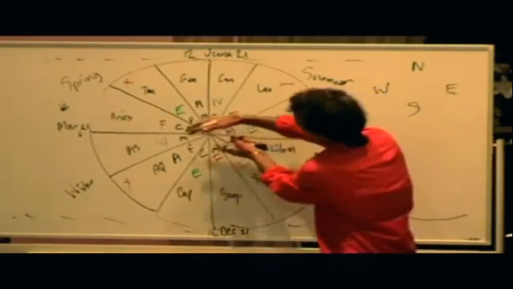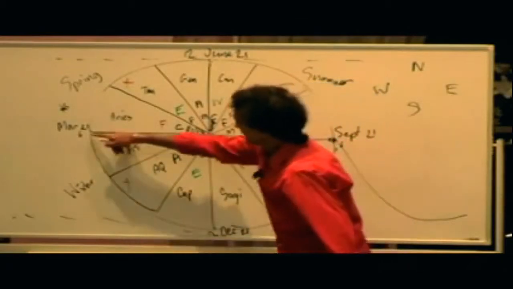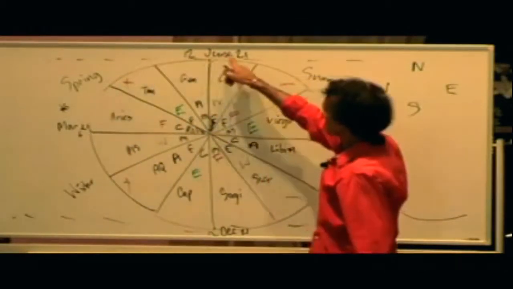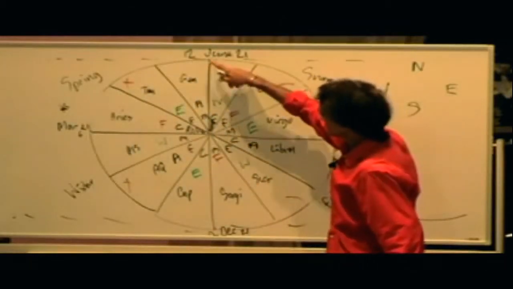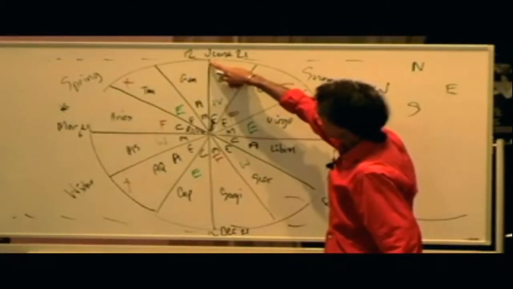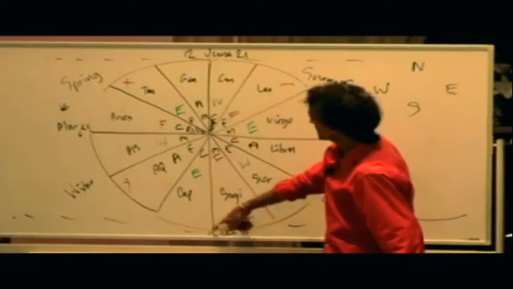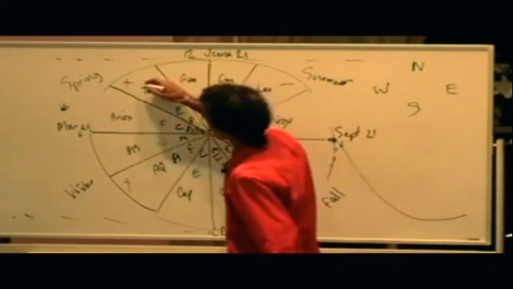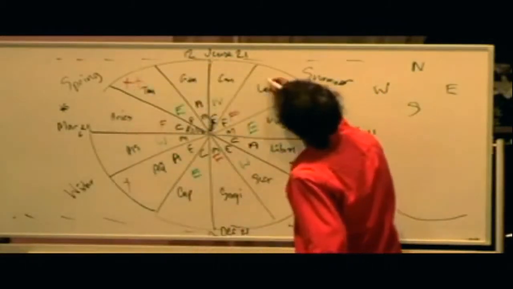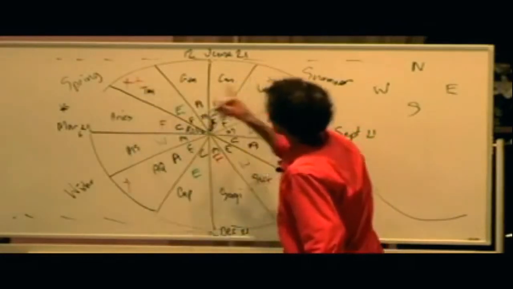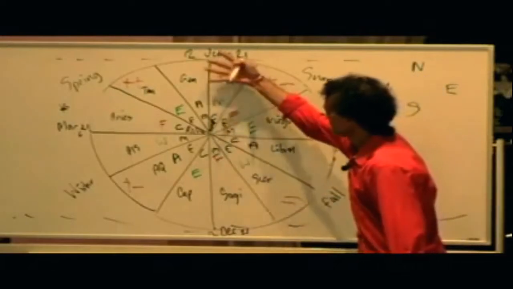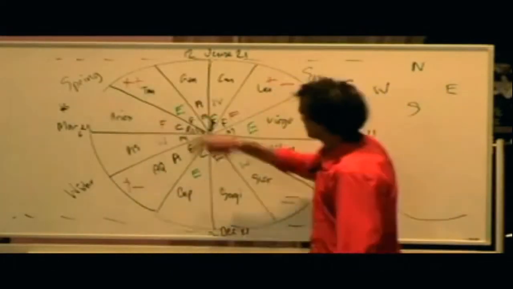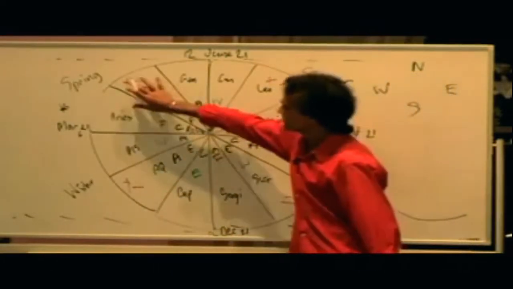Now, let's take these two hemispheres. Well, here the sun is in its glory and its kingdom, in its brightness, because here is summer and here is winter. So obviously this is the good again, and so we give a plus and a plus for that, and a minus for this, because this is summer, this is the winter, this is waxing and this is waning. So what you see,